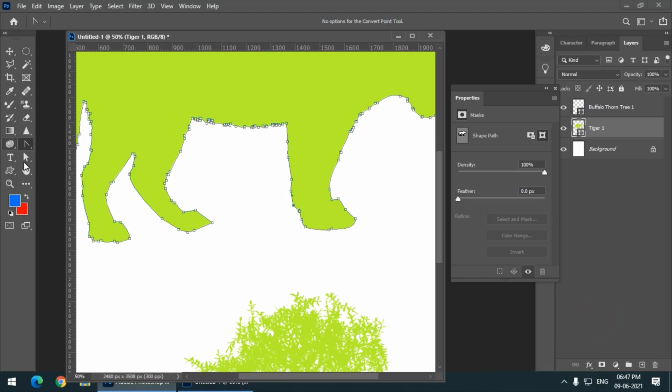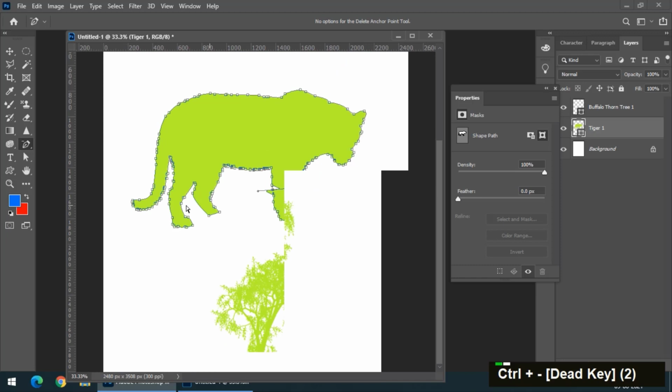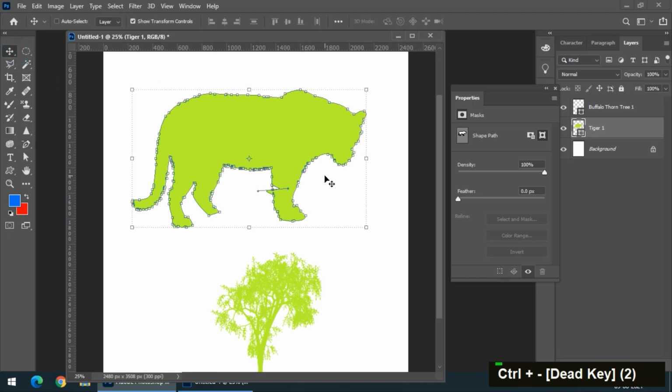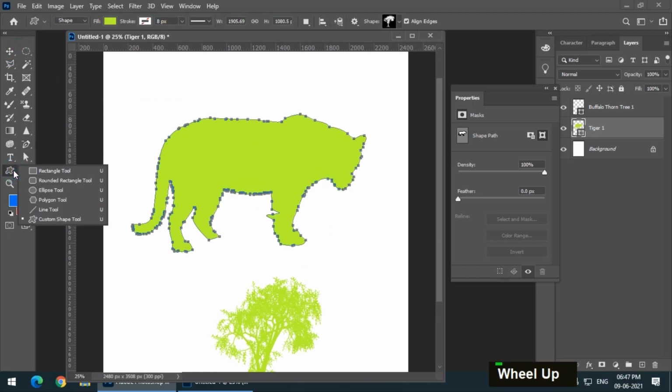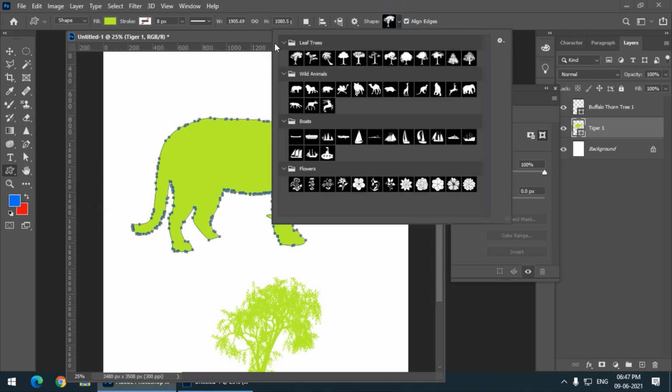So I am simply converting this point, and we can change whatever way we want. Again, by using these same tools, we can chop and change any shape we want. We can also delete some anchor points that we don't want. So all other properties are basically same that we discussed in the last video, but these are the ready-made shapes that we can use from this particular group of shapes. So custom shapes we can try and create.